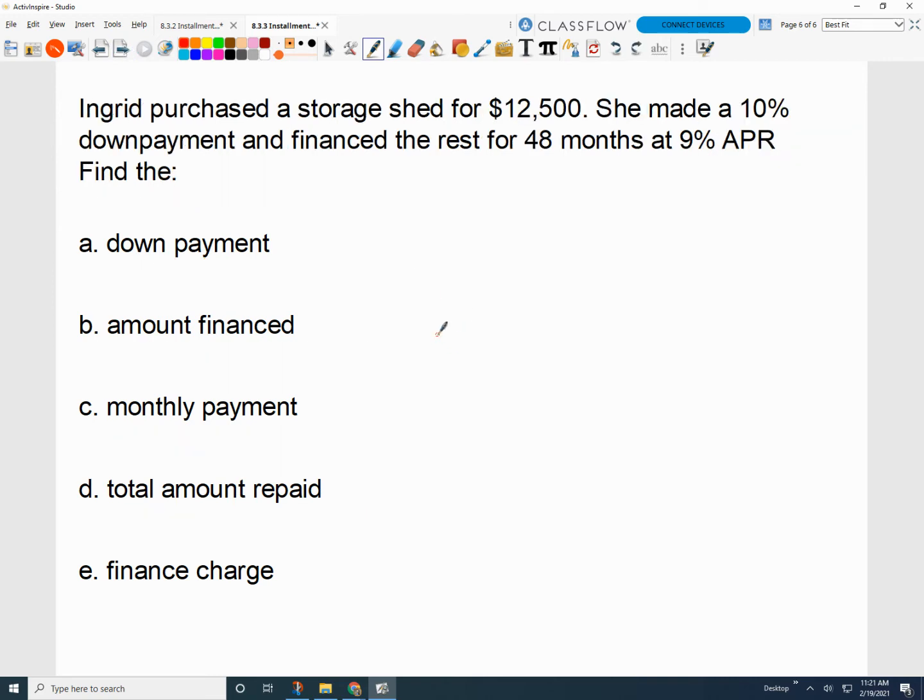All right, Ingrid, storage shed. This time her down payment is a percentage. And then here she financed 48 months at 9% APR. That's telling you where to look on your table. So this time we have to calculate her down payment. So we're going to take her $12,500 times 10% because it is a percentage down payment. So she made a down payment of $1,250. So she only had to finance